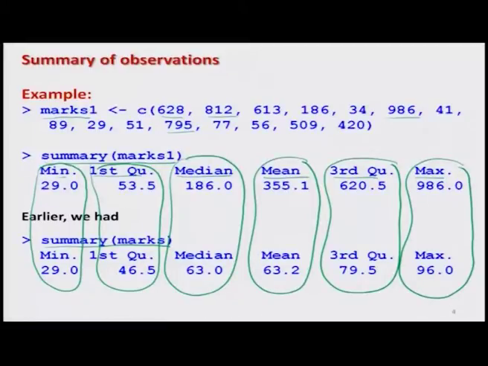And this will give us a sort of numerical comparison among all the values. For example, I can see here that 29 and 29, which are the minimum values in both the data sets, remain the same. But the first quartile is changed, median is changed, mean is changed, third quartile is changed and maximum is also changed. Because you can see here, here is the maximum. So, this summary function helps us in taking a conclusion by looking at these 6 values together, right.